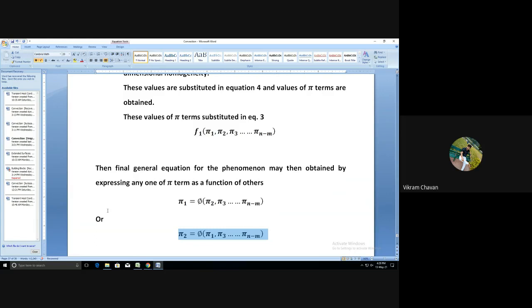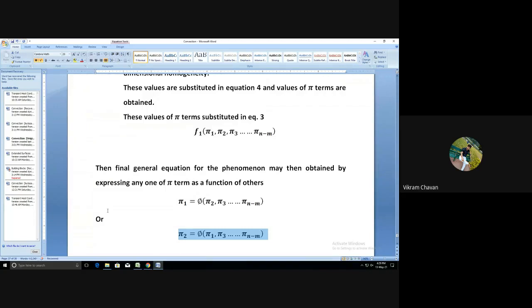If you have any doubt or question, you can ask. Did you understand? If you have not understood anything from the explanation, once we discuss the example or problem on this Buckingham pi theorem, you will come to know how to consider these pi terms, how to consider the repeating variables, how to apply the rules of repeating variables, what is meant by n, what is meant by m, and how many pi terms will be included. All that detailed discussion we are going to consider in the example.